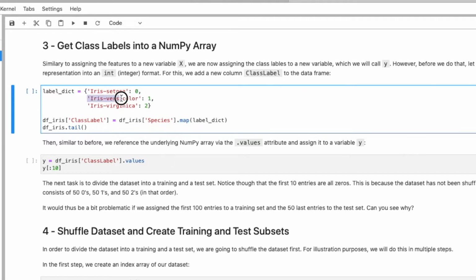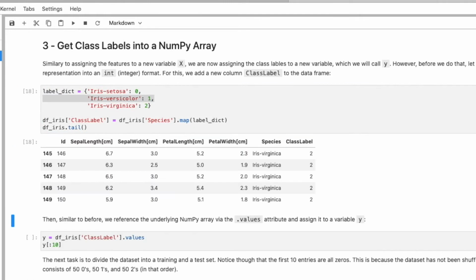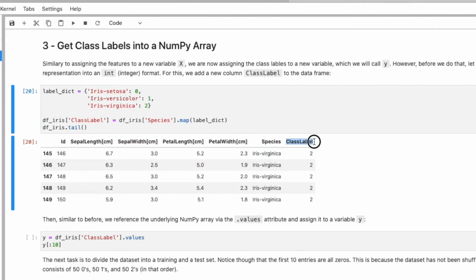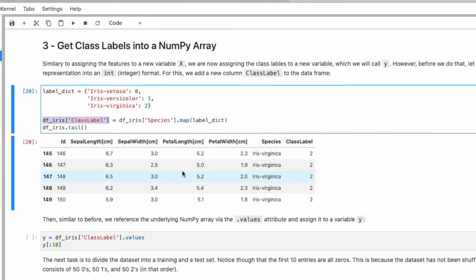And if it sees iris versicolor, it will convert it to 1 and so forth. This is what we want. So after I executed this command, what we can see here is that we have a new column. It's called class label. So I was assigning a new column to this data frame. I call it class label. And this is basically the converted version of the species column.